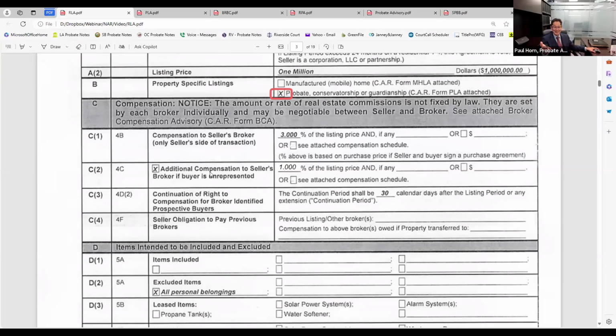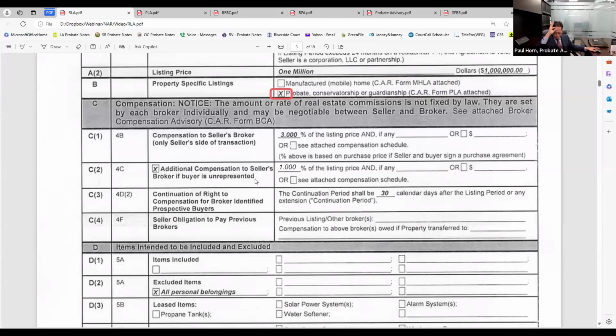There's a line item that says, hey, if you have a seller that's unrepresented, if you have a buyer who's unrepresented, it's going to be a lot more work for you. So there's a line item that says, hey, seller, pay me an additional 1% more, for example, for dealing with Mr. Know-it-all, Mrs. Know-it-all buyer, right? Who doesn't think he needs representation, but you know, as a listing agent, that's a ton of work. You know that you're going to have to walk him or her through all the forms. There's a line item there for you. Maybe you charge 1%, whatever it is.